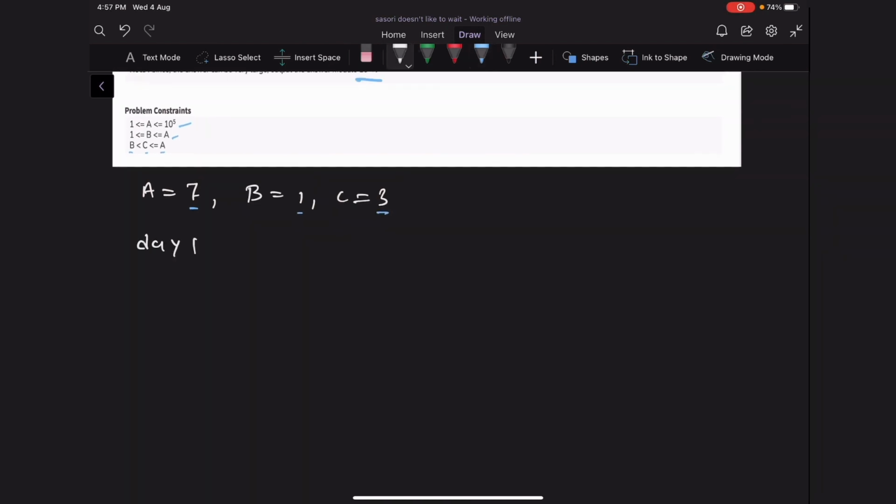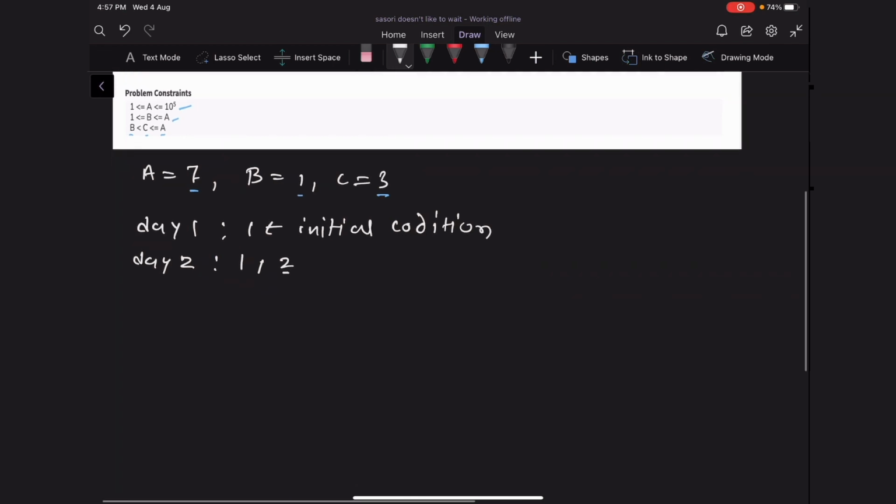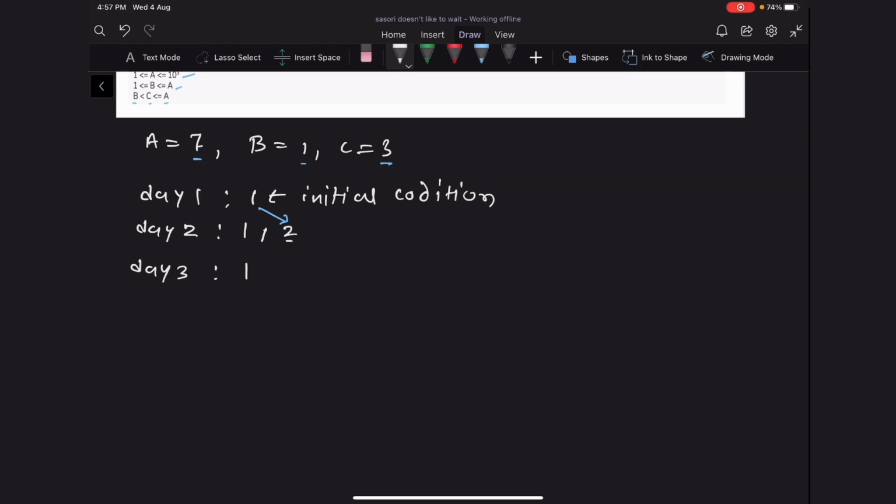On day 1, one virus is there because this was the initial condition, and on day 2, one virus which was there on day 1 plus one virus which was created on day 2. So this number represents on which day a specific virus was created. So this virus was created by this virus, and on day 3 there is the virus which was initially there on day 1, the virus created on day 2, and two new viruses will be created on day 3. These two new viruses are created by this virus and this virus.